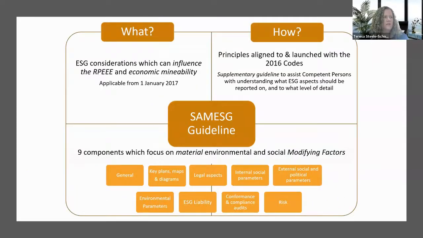So the guideline really talks to helping the mining industry understand factors which can influence the RPEEE and the economic mineability of the resource. It was launched in 2016 and comprises 9 components at the moment, which talk to material, environmental and social modifying factors. We're busy working on version 2, and so hopefully by the time we have next year's conference, we can give you some more insight into what version 2 looks like, because we've realized that being a guideline, it has a lot of technical substance, but doesn't necessarily give enough guidance on the integration and the distillation that we want to